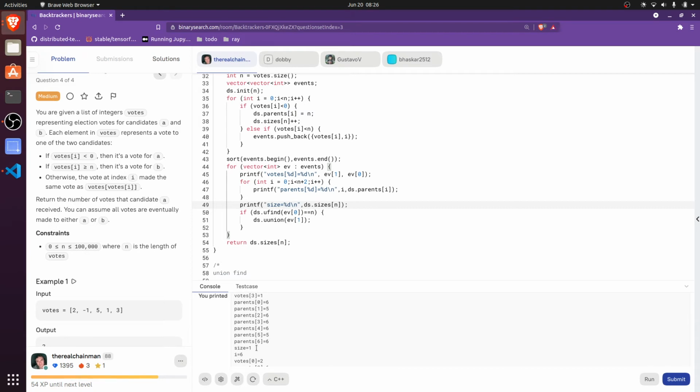So the size is 1. Right, because we've already added 1 into it, or 1 was already added into it. 0, 2, 3, 4, 5, 6 have not been processed. So now we consider